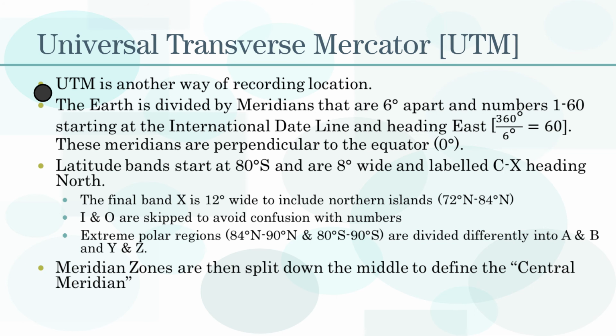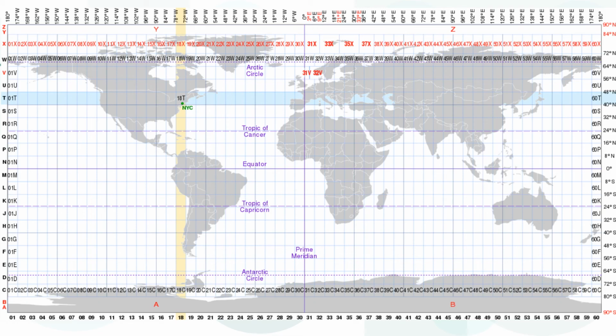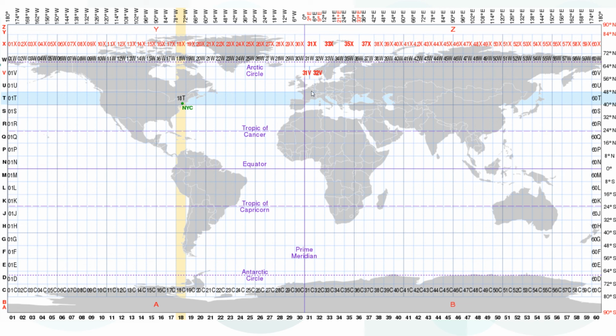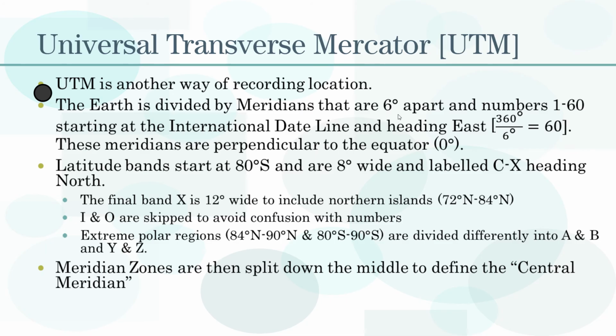But we divide the Earth into meridians. Meridian simply means up and down. The prime meridian is a longitude line, so these are other longitude lines. It looks like we do use the prime meridian in UTM, Universal Transverse Mercator, at 0 degrees, but the actual meridian lines are 6 degrees apart and numbered 1 through 60, starting at the international date line and